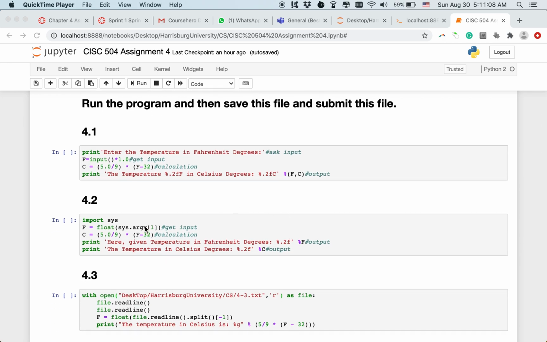Pretty straightforward. The second one is to save this as a file and run it directly from the command line or the terminal. I'm using a Mac, running the terminal. First, import sys and get the input Fahrenheit number using sys.argv. This one goes right behind the Python command: you input, convert, and give the output, and the output includes the given temperature and